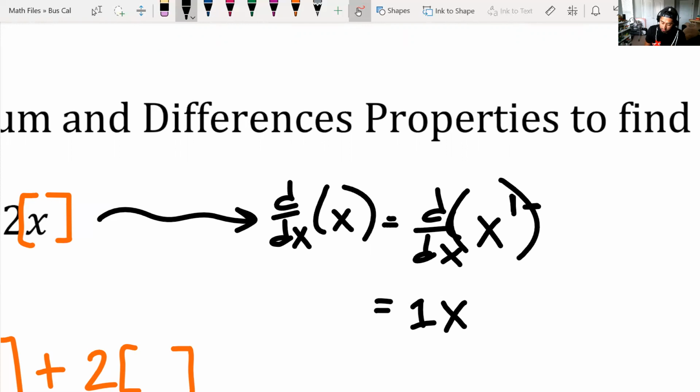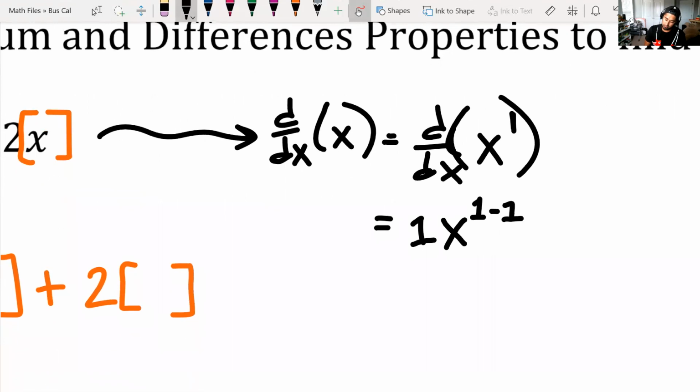So it's 1 minus 1. I'll write that down below. You get 1 minus 1, which then leaves me with 1x to the 0th power,